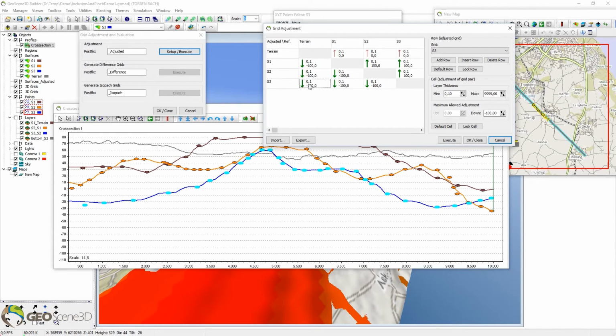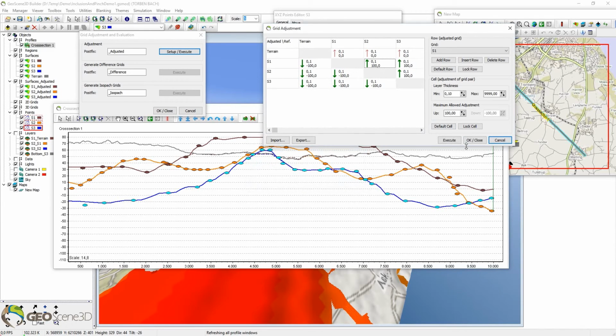So surface 3 can be pushed down, but you see here the terrain surface we have fixed. This is set to 0 here. So the terrain surface here is fixed, but surface 1, 2, and 3 can be pushed down or pulled up. Okay, let's just try to run it. Execute. Yep.